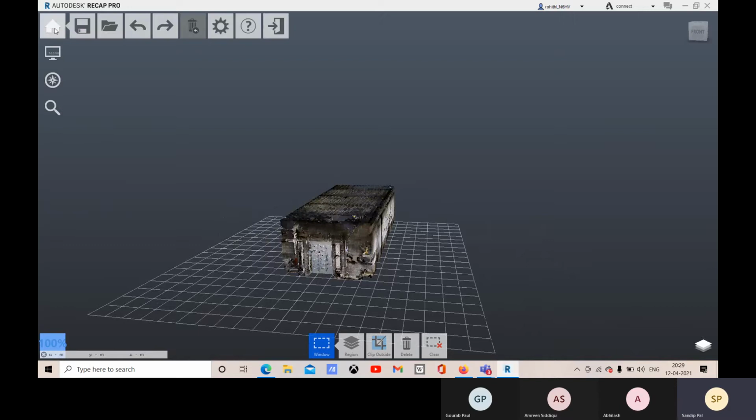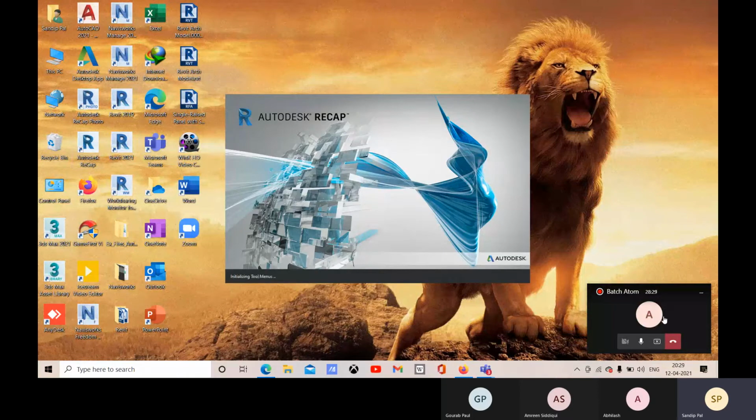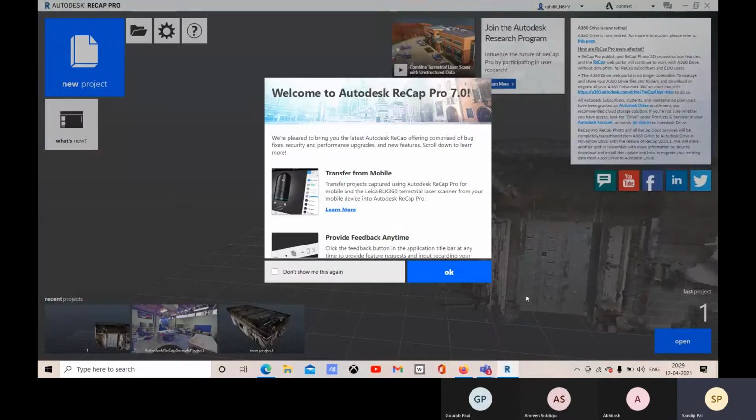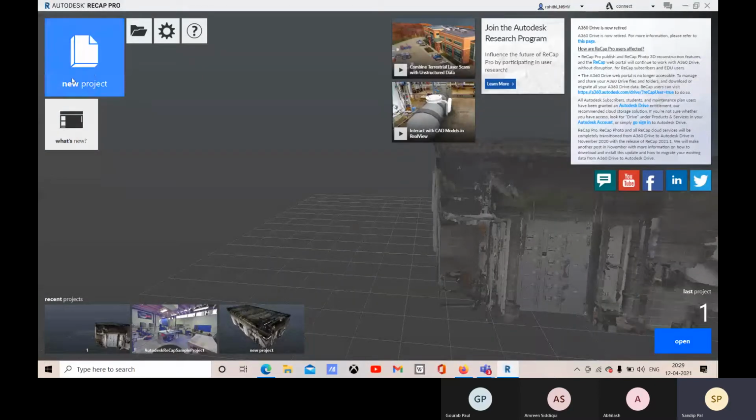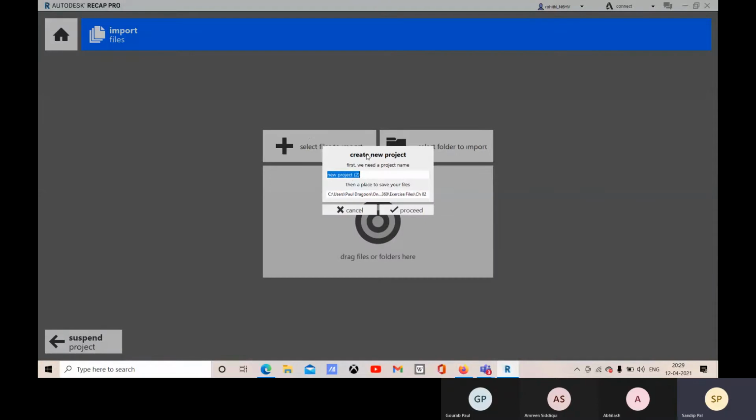For that you have one option that is called export. So let me go for it, just a second. Now you will be creating a new project. So let me select a folder there.